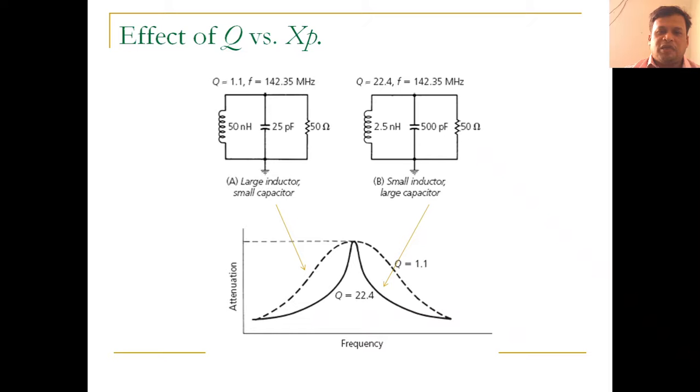So the frequency is the same, whereas the quality factor Q, equal to 22.4, has changed, because we are changing the capacitor as well as the inductor. In the first circuit we are using a large inductor and a small capacitor, and in the second circuit we are using a small inductor and a large capacitor. Now we will see how this graph varies. In this attenuation versus frequency graph, you have the quality factors 22.4 as well as 1.1. The quality factor 1.1 is the outer graph, and the quality factor 22.4 is a graph that has a point at this peak and then comes back to the normal base area.